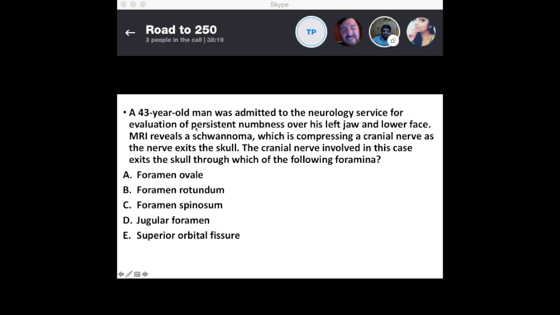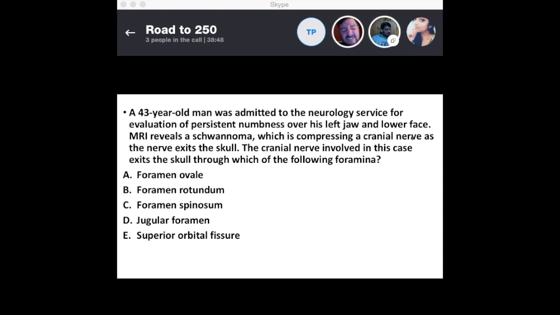Because numbness of the left jaw and lower face. So we got cranial nerve 7, or cranial nerve 8. Think about sensory and the jaw and lower face. So 7. Jugular foramen. Okay, so the reason it's not 7,